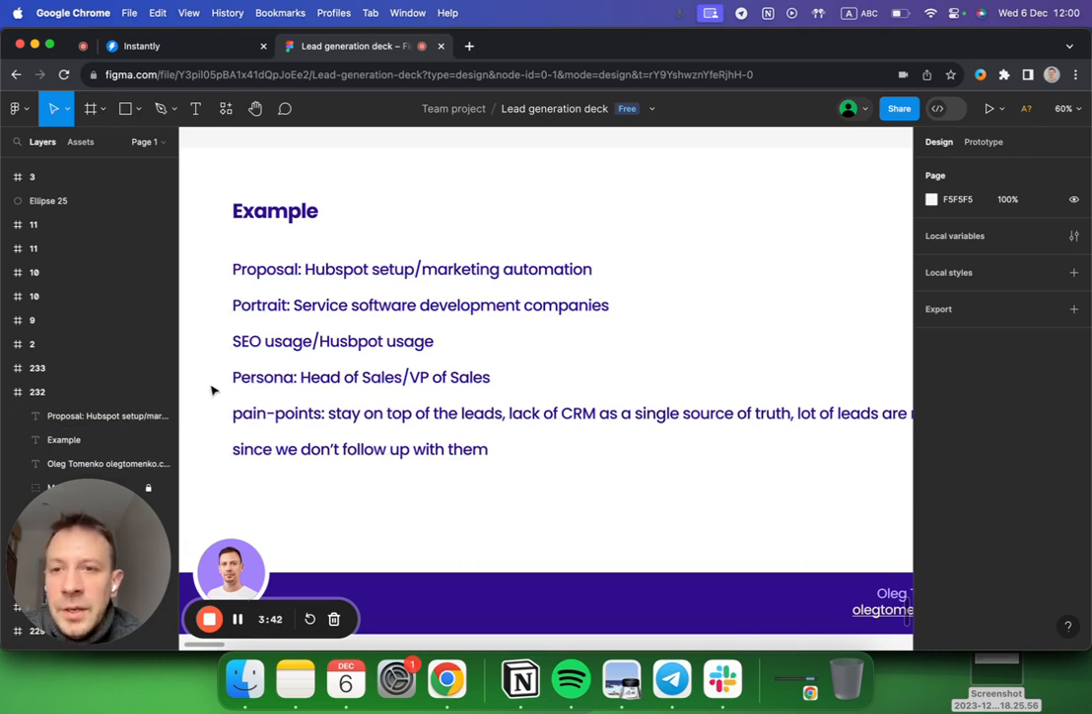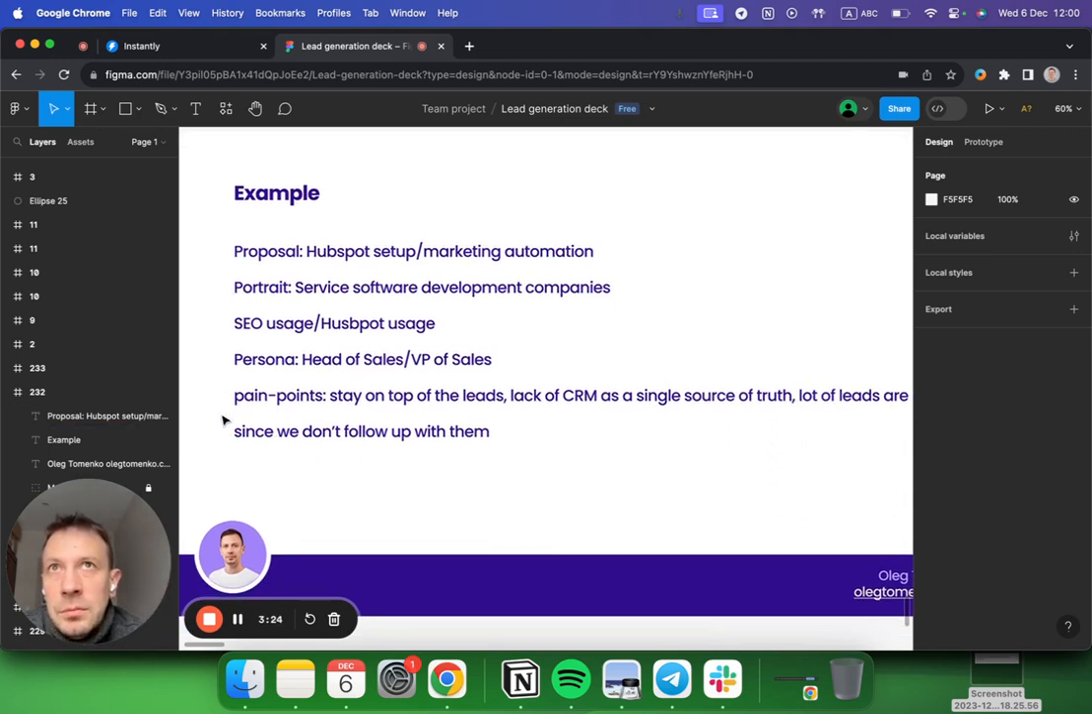The persona I'm targeting, the position in the company, is the person who is responsible for the sales department. It could be named quite differently, like head of sales or VP of sales or chief sales officer or whatever, because he's the one who is really up to